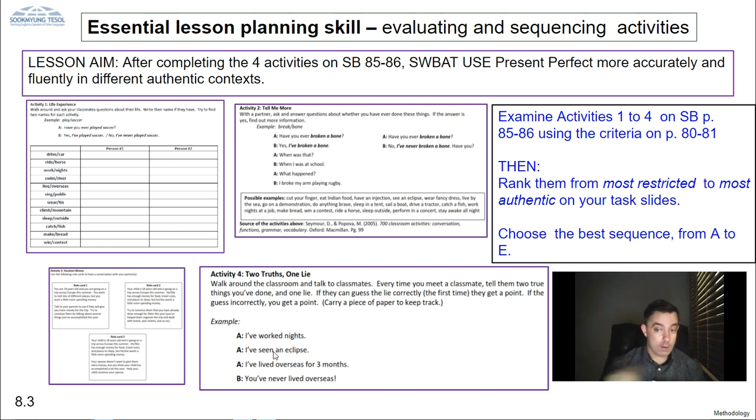Okay, so here's another one where they're using only present perfect, but they can kind of make their own sentences. There's a little freedom there, right? Yes, they have to use present perfect, but their examples are their own. So think about that, all right? Which leads us to